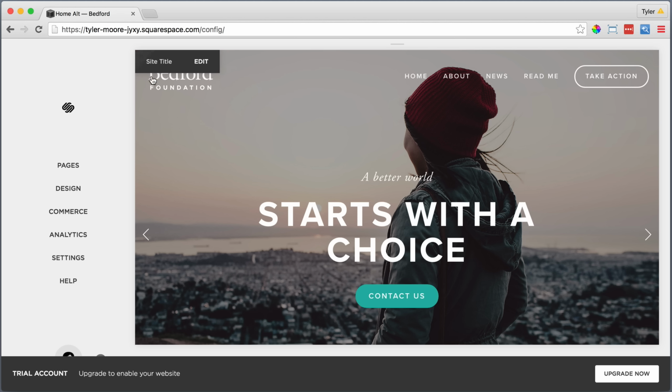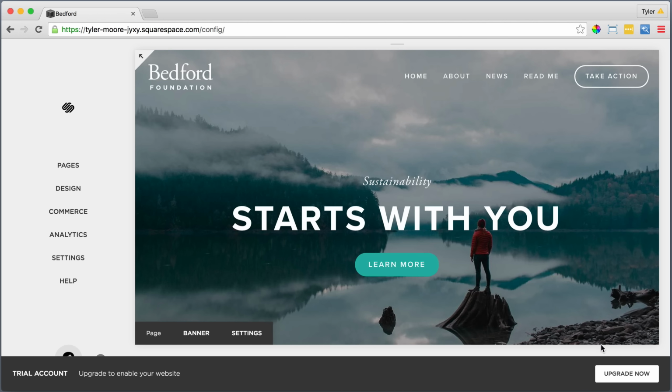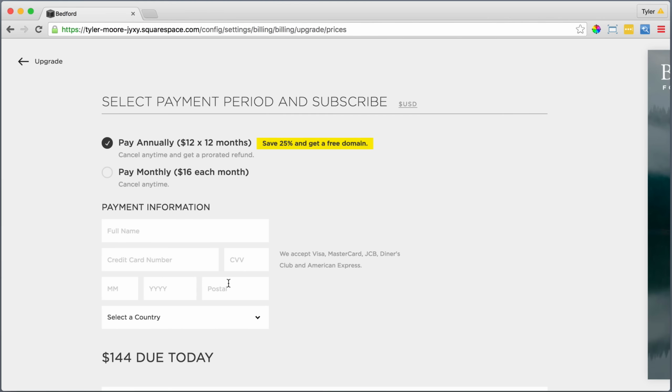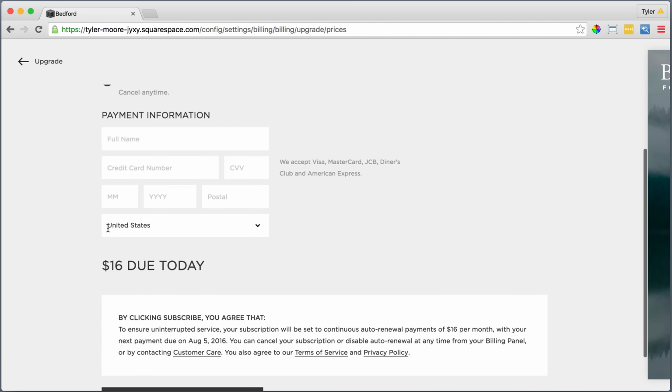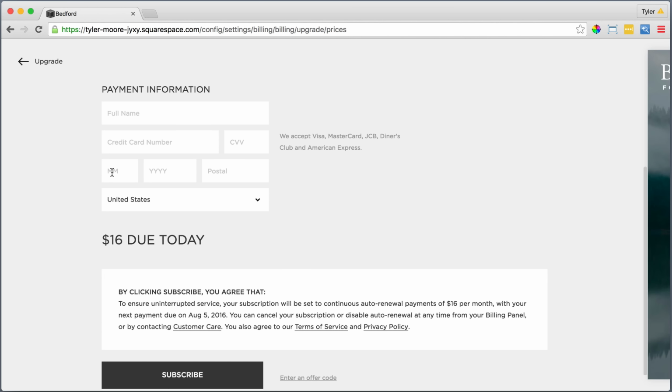All right, so we're all done with our website, and now we just need to upgrade. So click on the bottom, the Upgrade Now button, and you can go with personal or business, whatever your needs are. I'm just gonna go with personal. And you can pay annually and get a free domain name, or you can pay month to month. And it's a little more expensive, and you don't get a free domain name. I'm just gonna pay month to month, but obviously the better deal is to pay annually, but you can do whatever you want. You pay less upfront month to month, but not as great of a deal. All right, so I'm just gonna type in my credit card information,